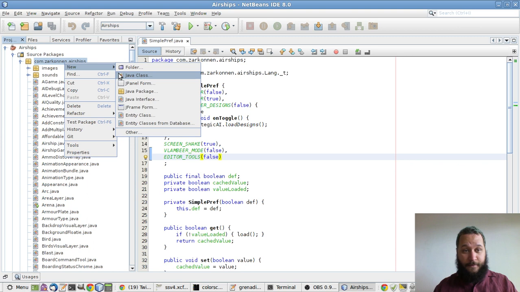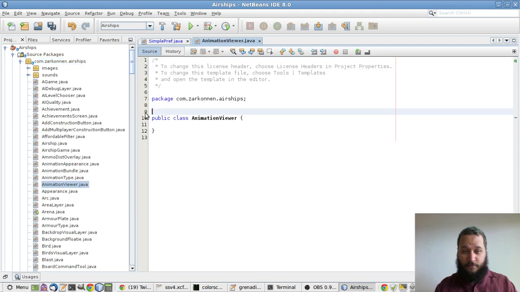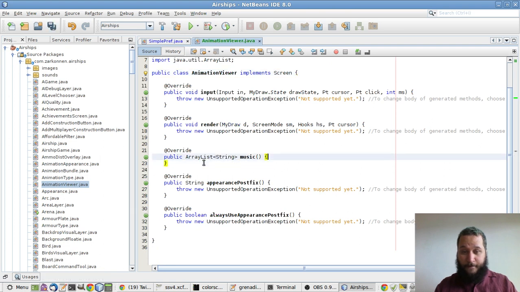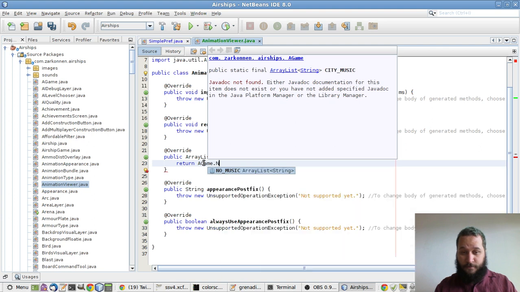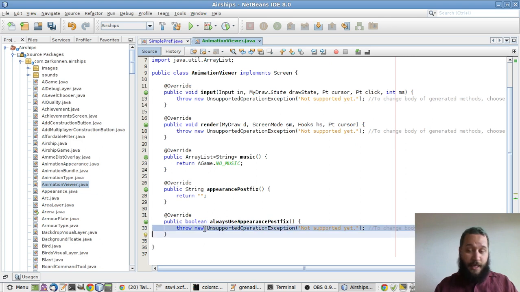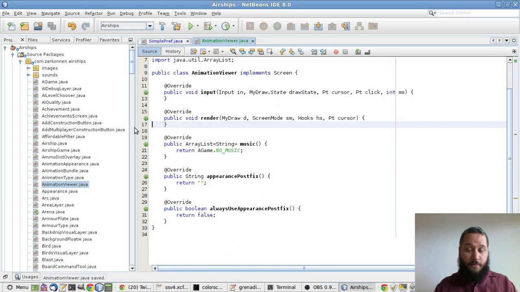Now next we're going to create animation viewer. And what is animation viewer? Well, it's a screen, like the main menu, like the unit screen, like a whole bunch of different things. Doesn't have any music. Doesn't have a particular postfix for the appearance. That's in there if you want to show blueprint type stuff or whatever. I think that's roughly correct. I'll fill in input and render in a moment, but we just want to go into main menu,